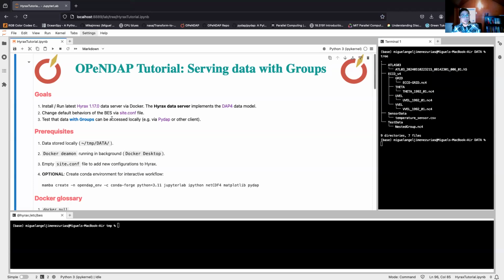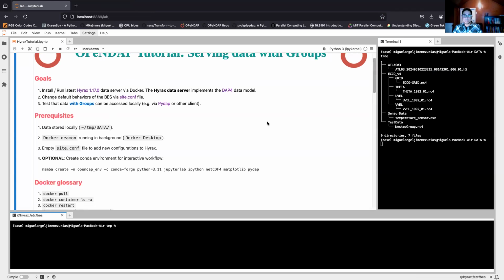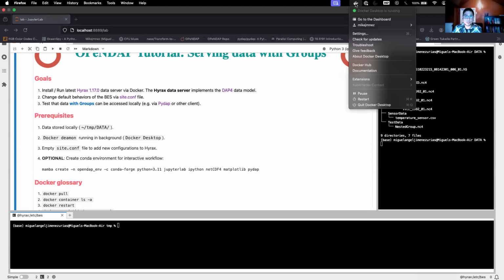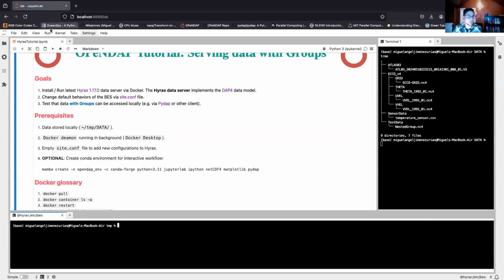Let's see. So what we're going to do is run Hyrax on Docker, which is the easiest way to do this on a local computer. In my case, a MacBook with an M1 chip. So we have the temp data sets here, example data sets. I have a Docker daemon running in the background, which hopefully you're able to see here on the dashboard. Here it is, because we'll be running some